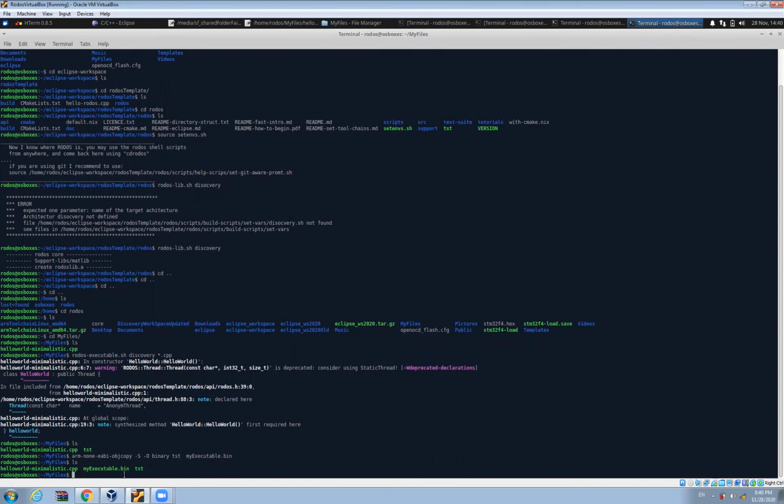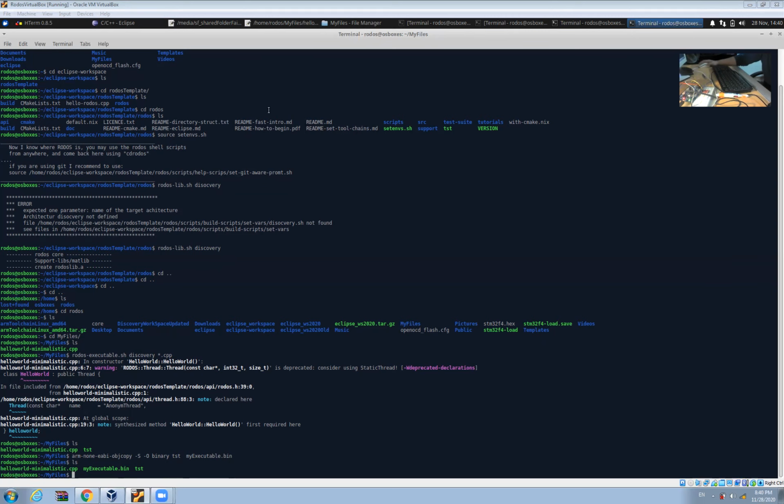This is a file which we directly put onto this board. This is the board we are working with right now. So how can we program this board? With the command line, without Eclipse and without OpenOCD and without the Eclipse tool chain which we have seen, just by the command line. So now we have our binary file ready.